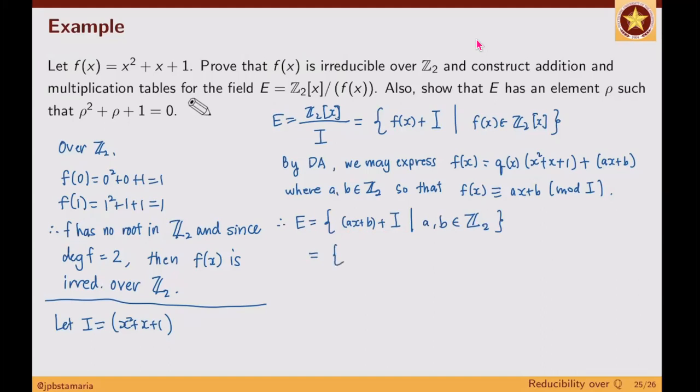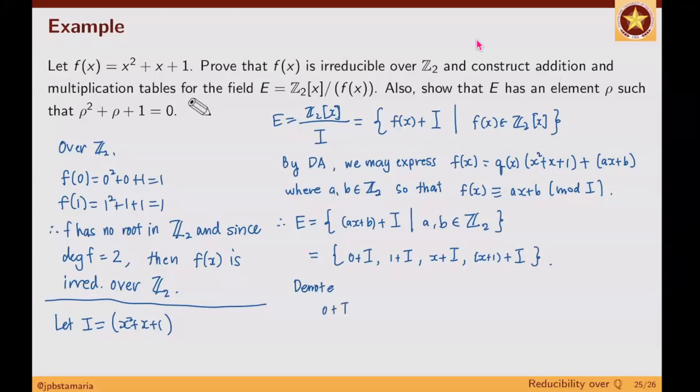When both A and B are 0, what do we have? 0 plus I. If B is 1 and A is 0, you get 1 plus I. If A is 1 and B is 0, you get x plus I. When both A and B are 1, you get x plus 1 plus I. Okay? To shorten the notation, let's denote